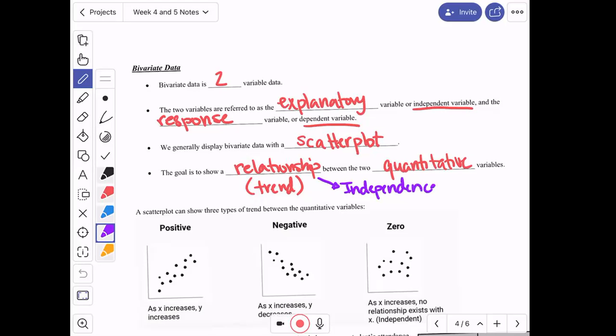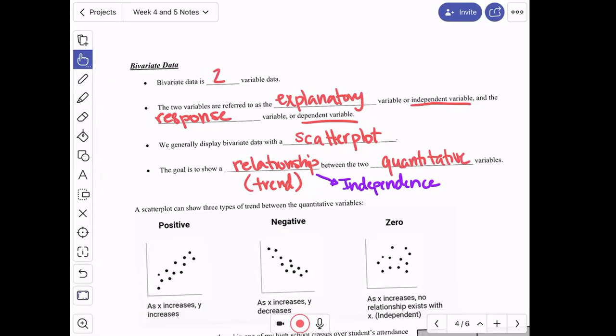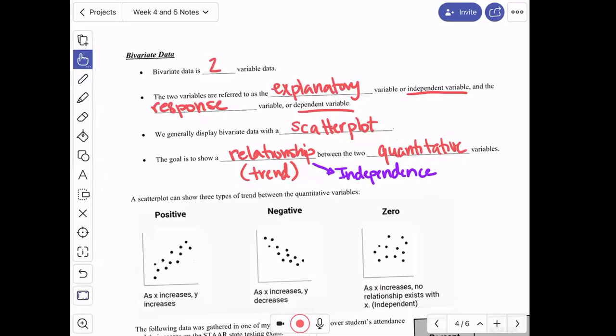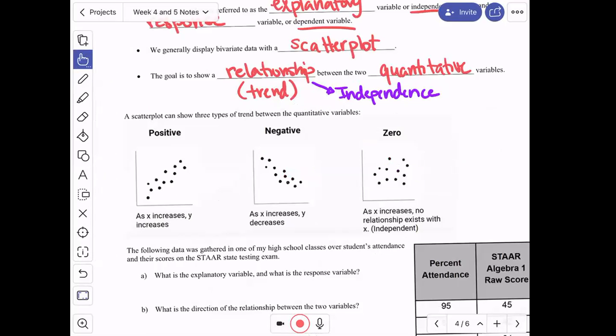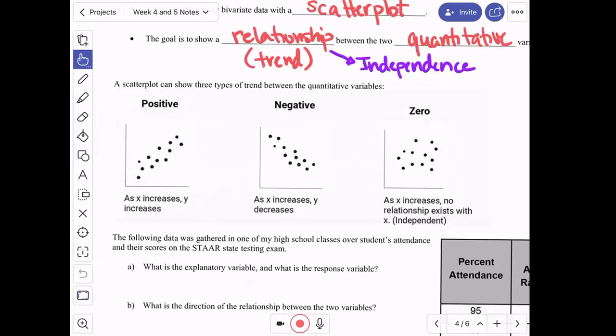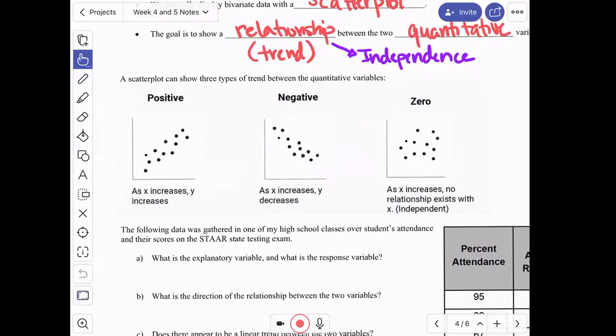Do the two variables depend on each other, or are they independent of each other? So when we talk about this, the first part, when we make a scatter plot, on our scatter plot, here's what we have. When we try to show this relationship,